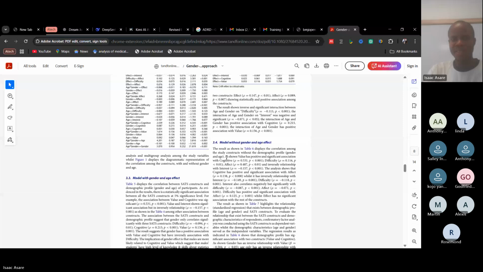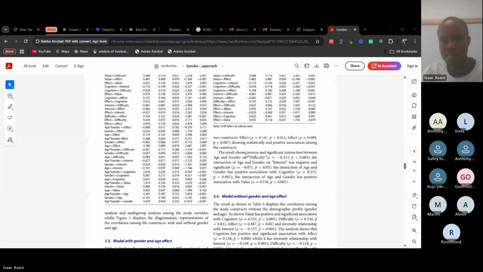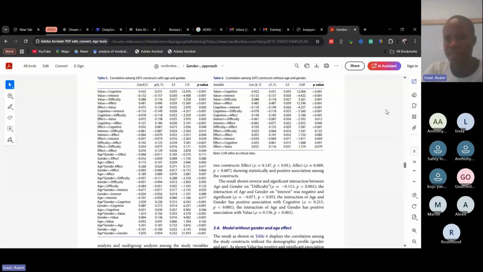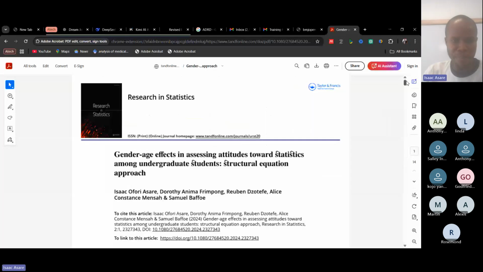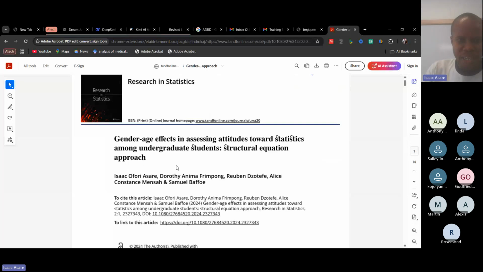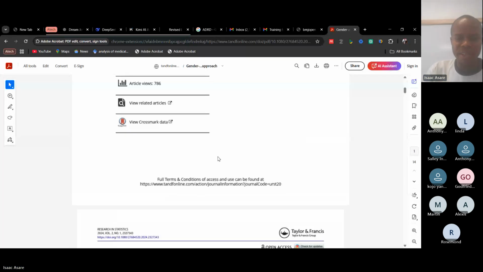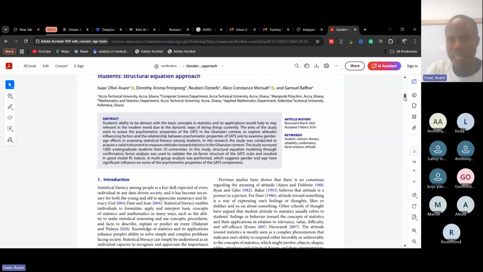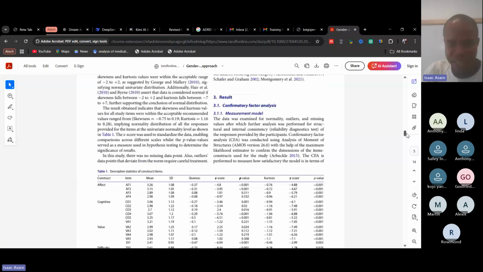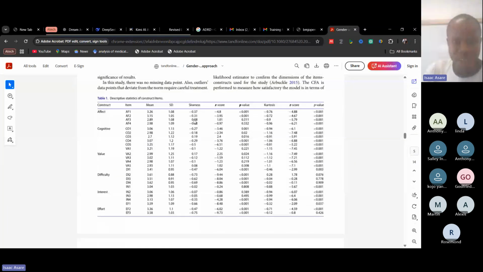Okay, so just take a look at this. This is a paper published in one of the top journals. It is a paper that I was looking at on gender and age effects in assessing attitude towards statistics among undergraduate students using a structural equation modeling approach. Now, you can see here skewness,